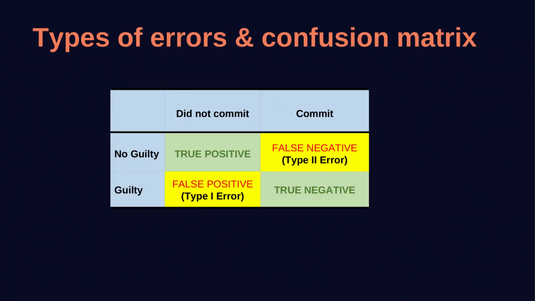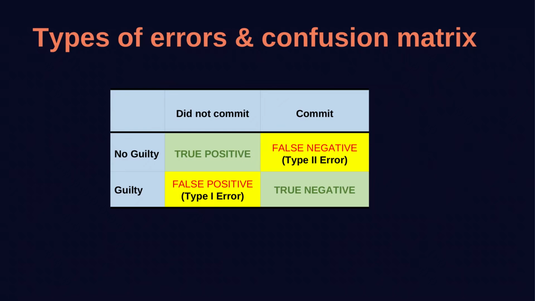Hypothesis testing works the same way. There are 2 correct outcomes and 2 types of errors. If we support the alternative hypothesis, when the null hypothesis is actually true, that's a false positive, known as a type 1 error. If we support the null hypothesis when the alternative hypothesis is actually true, that's a false negative, also known as